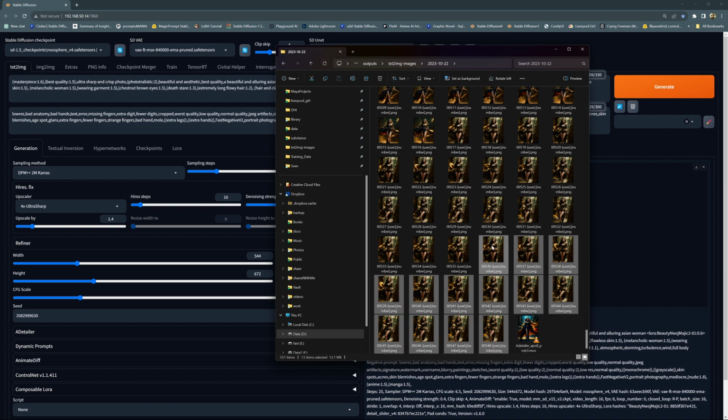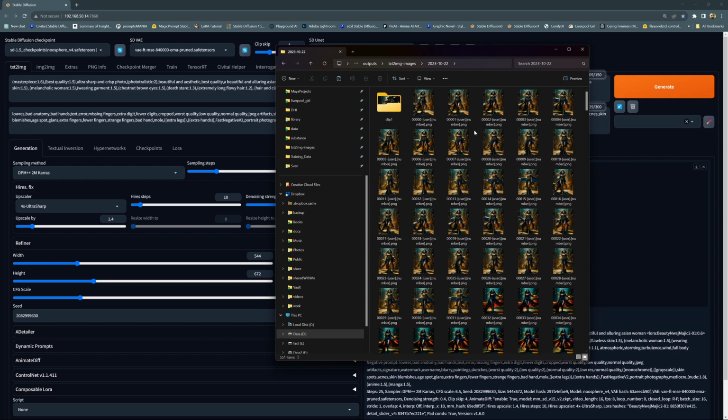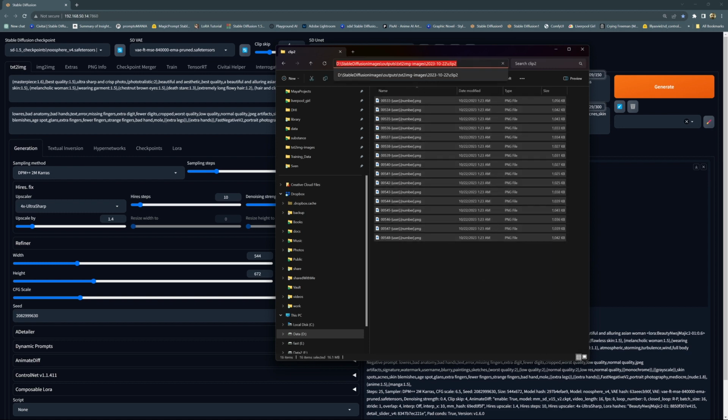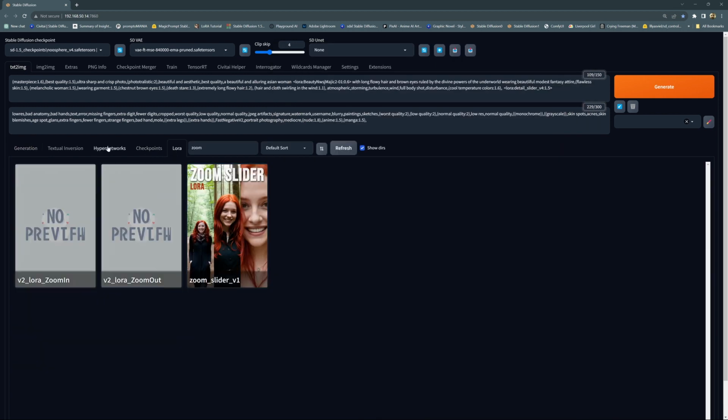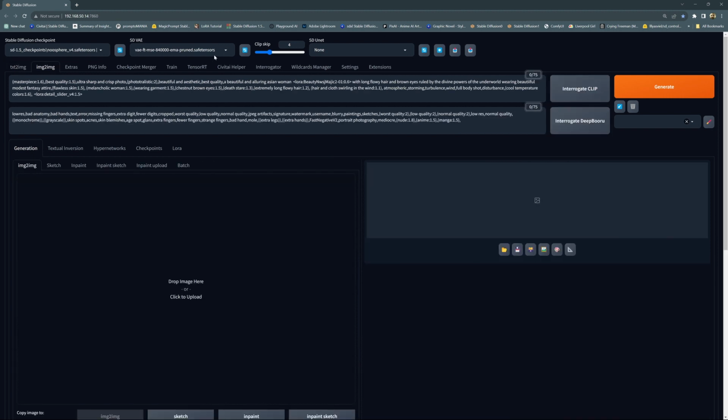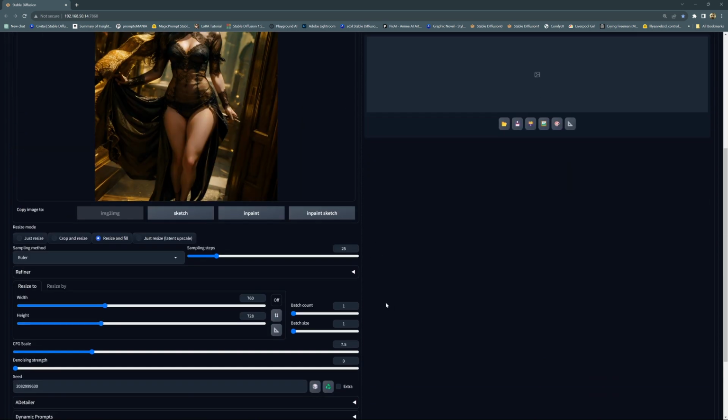Now we just do the same procedure again as previously. We grab those 16 images, then Control X, create a new folder, clip 2, paste them in there, copy, and then go to image to image. Make sure to send this to have the prompt in there. Put one of the images in there, and then